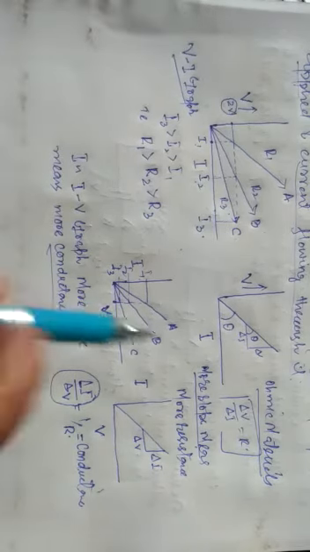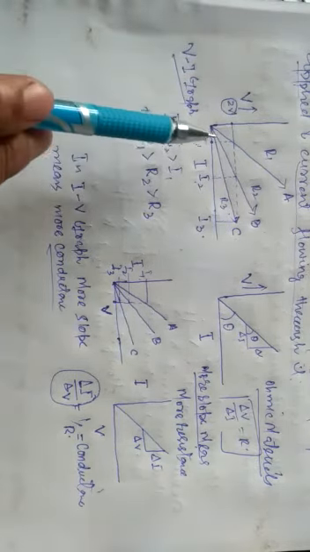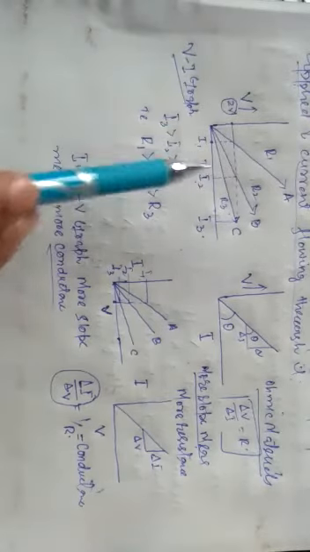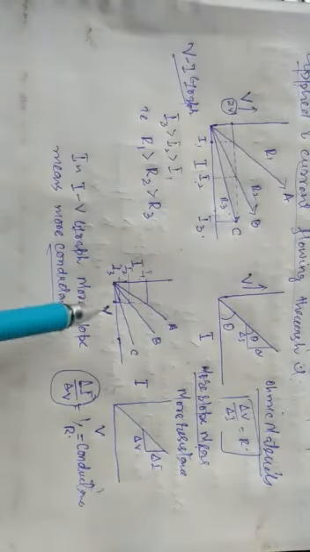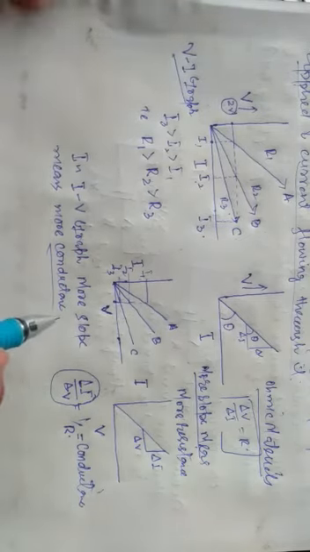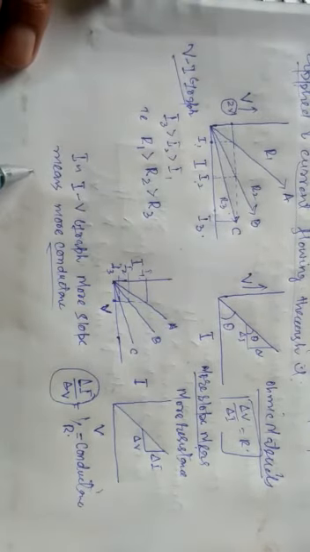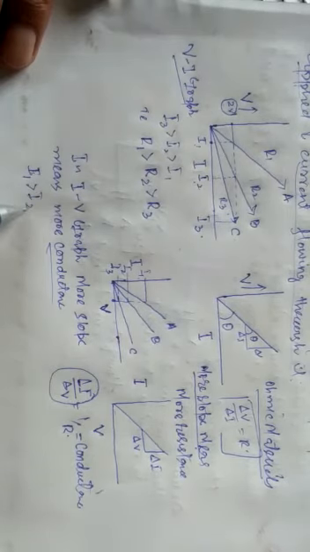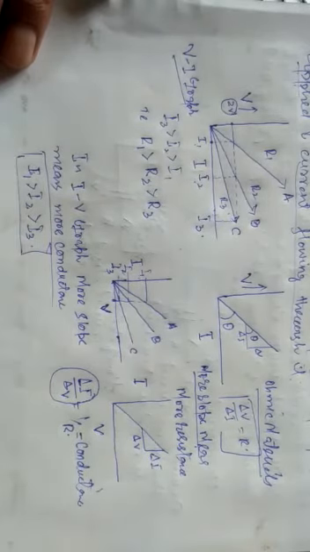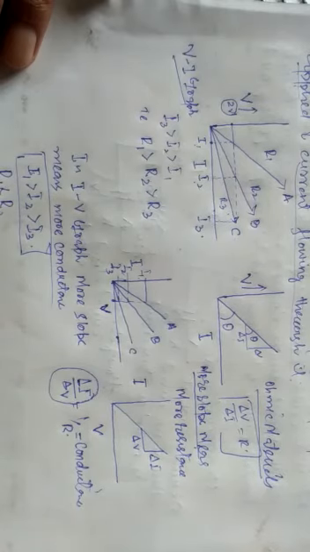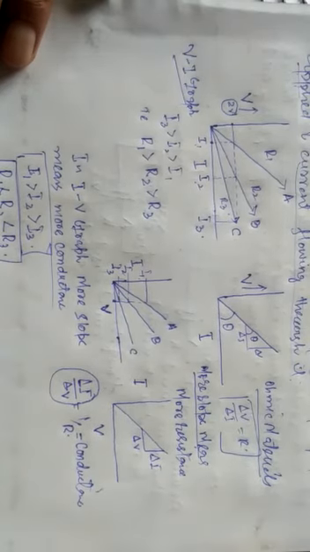You should not neglect this. Sir, you told in this graph that more slope means more resistance, but that was the VI graph. Now, my dear, it is the IV graph. In the IV graph, more slope means more conductance. You have to remember. So here I1 is greater than I2, which is greater than I3, or you have to say R1 is less than R2, which is less than R3. So R3 is greater. You have to remember.